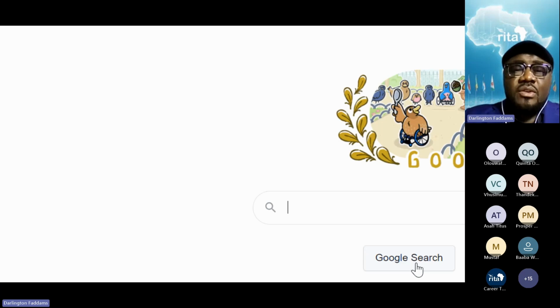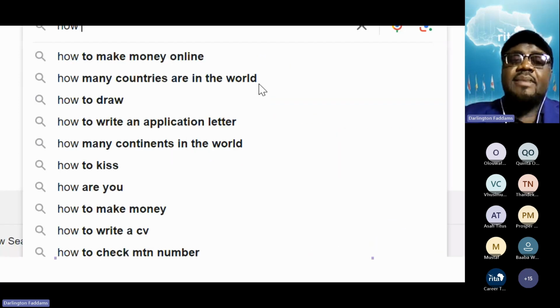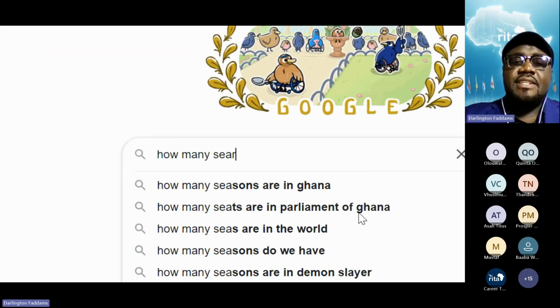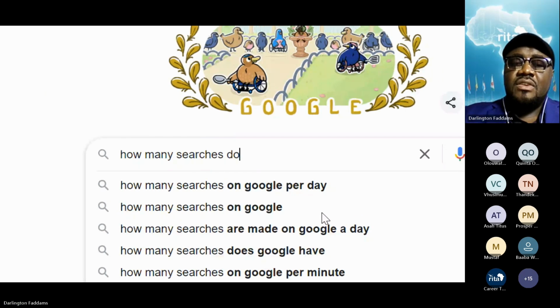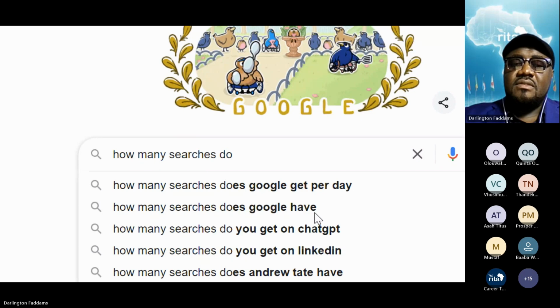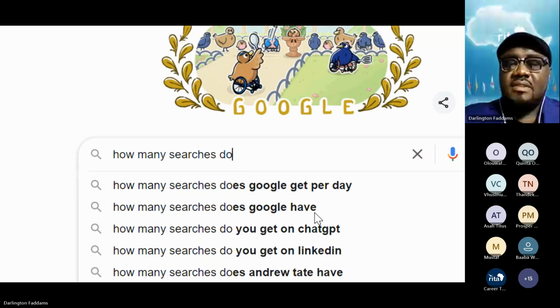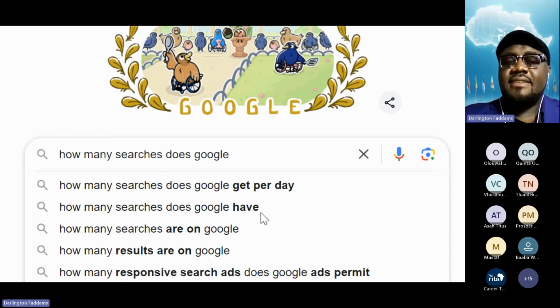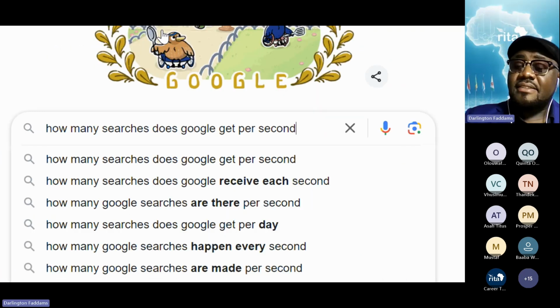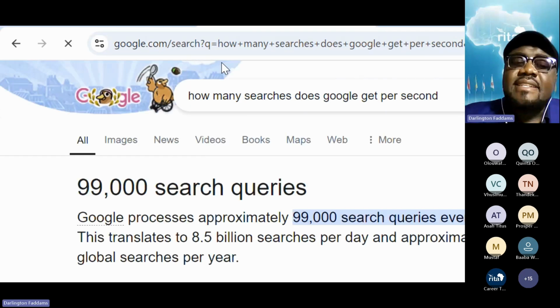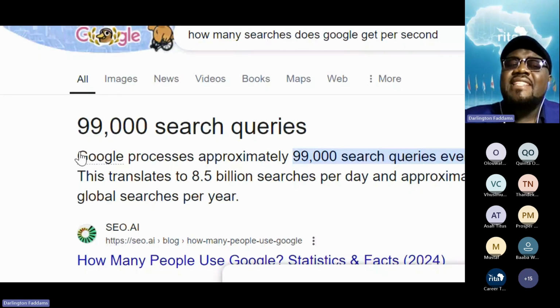Let's ask Google how many searches does Google get per second? Let's see per second. Watch this. If we check this, they will tell you that there are 99,000 searches per second.